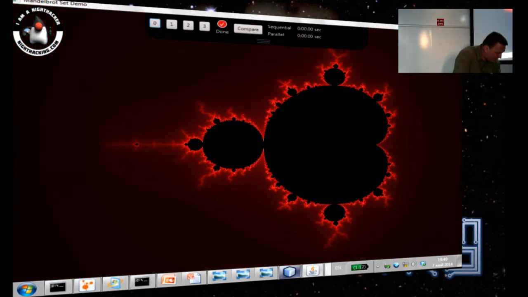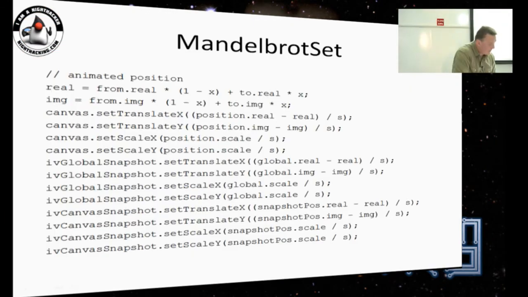So this is our global snapshot. And we have a canvas snapshot, which represents our previous frame. All of these objects have their position in our Mandelbrot Set world, and we use these simple formulas to move them around. We just change translation and scale for each of those.